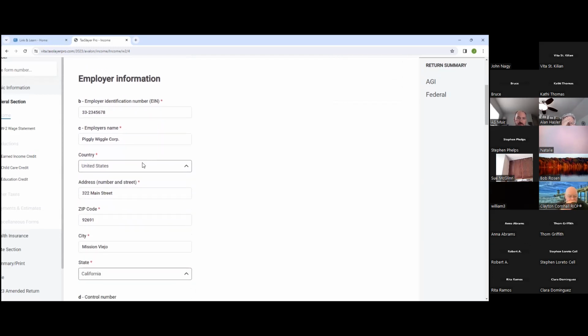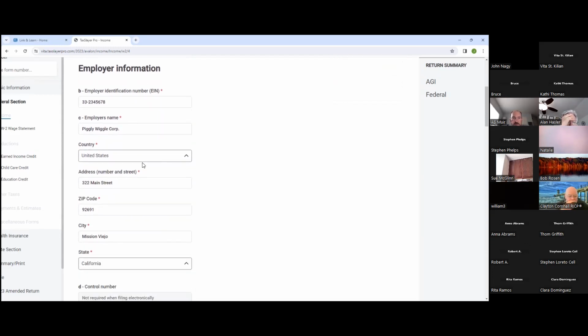The information regarding the W-2, the mantra is we're going to key it as we see it. In this case, we have an EIN, an employer identification number. And what happens a lot of times, we'll have transposition errors. Numbers will be swapped around. So that's why we do have that quality review, at least one reason for quality review.